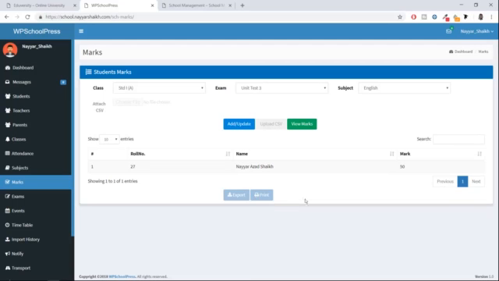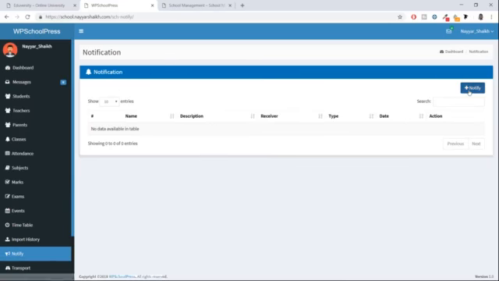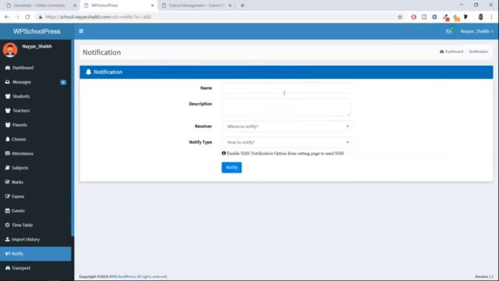All right, after that we have another option, which is notification. We can click on notify and click on plus notify to add a new notification. For this I'm just typing hello, and in the description I'm typing this is a demo notification.